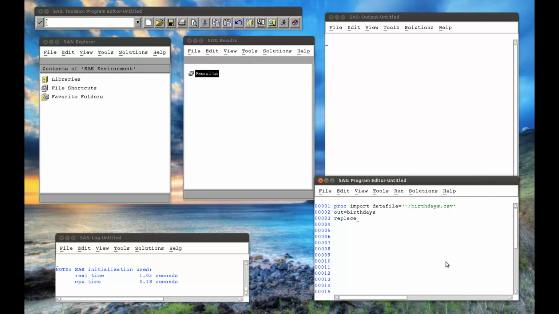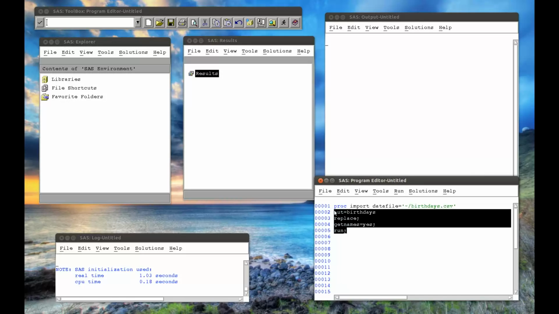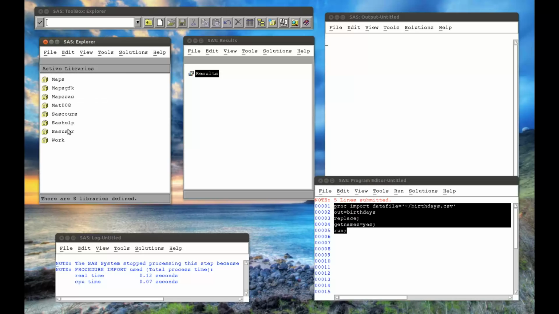I want to replace the data set if it's already there, I want to get the names from the first row, and I want to run that. That all goes in, and if we look at the data set,